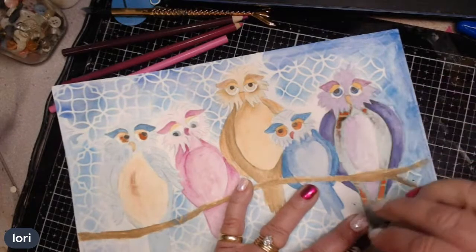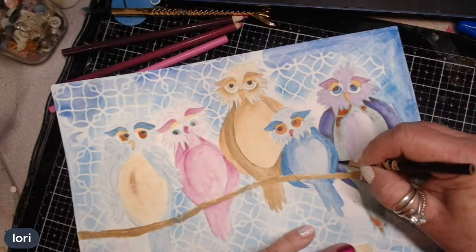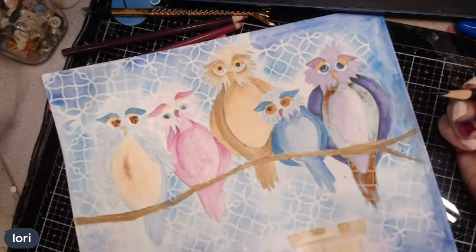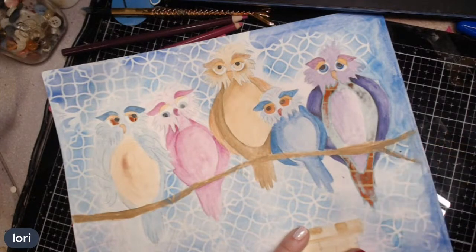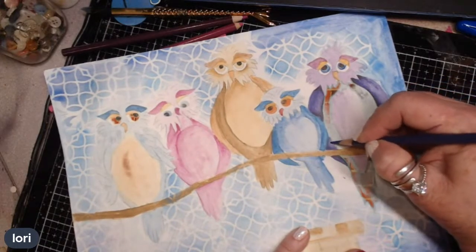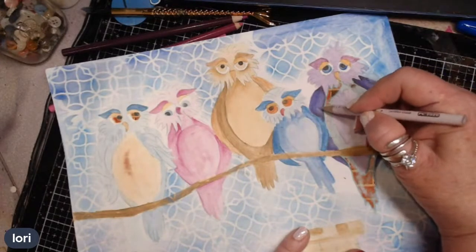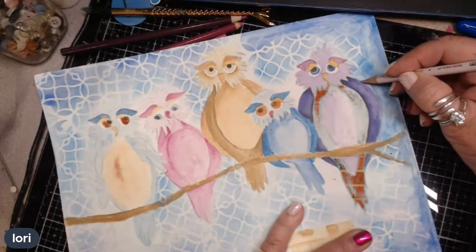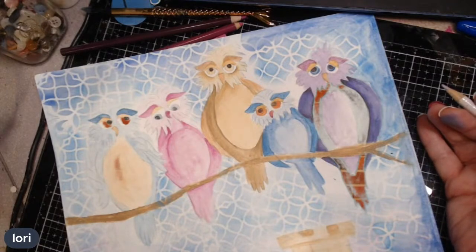Now, sometimes I use my dark purple, and I might use the indigo blue. I'm not pressing as hard as it might look. And then I'll come back in with that violet and just kind of smooth some of this out. Let's see what it looks like if I put a little bit of this light on top. Now, because I have that watercolor under there,